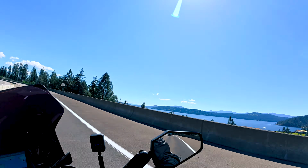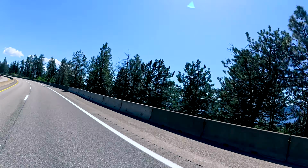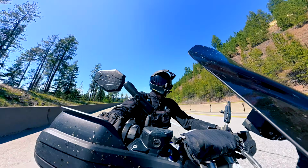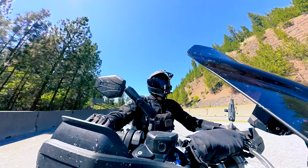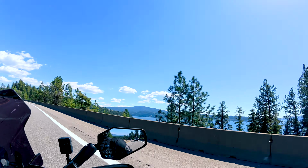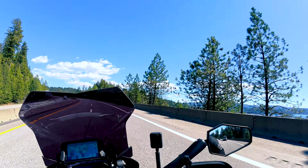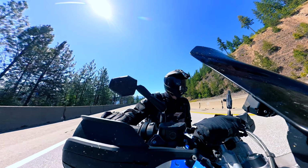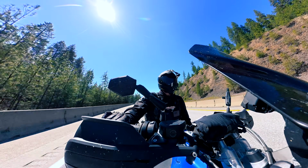Check out that view, guys. Of course, as soon as I say that, the trees get in the way. But I'm headed out to the same spot where I did the front shock. Sorry, I keep getting distracted here with these amazing lake views, but I'm heading out to the same location where I